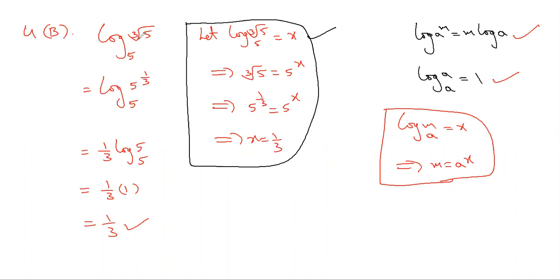Otherwise, the moment you write this as log 5 power 1/3 base 5, isn't it? Directly we can write the answer as 1 by 3. These steps are all just to help you, since you're in an initial stage with these logarithms. I wrote all these. So definitely using the logarithm formulas is simpler than this direct converting into the exponential method.